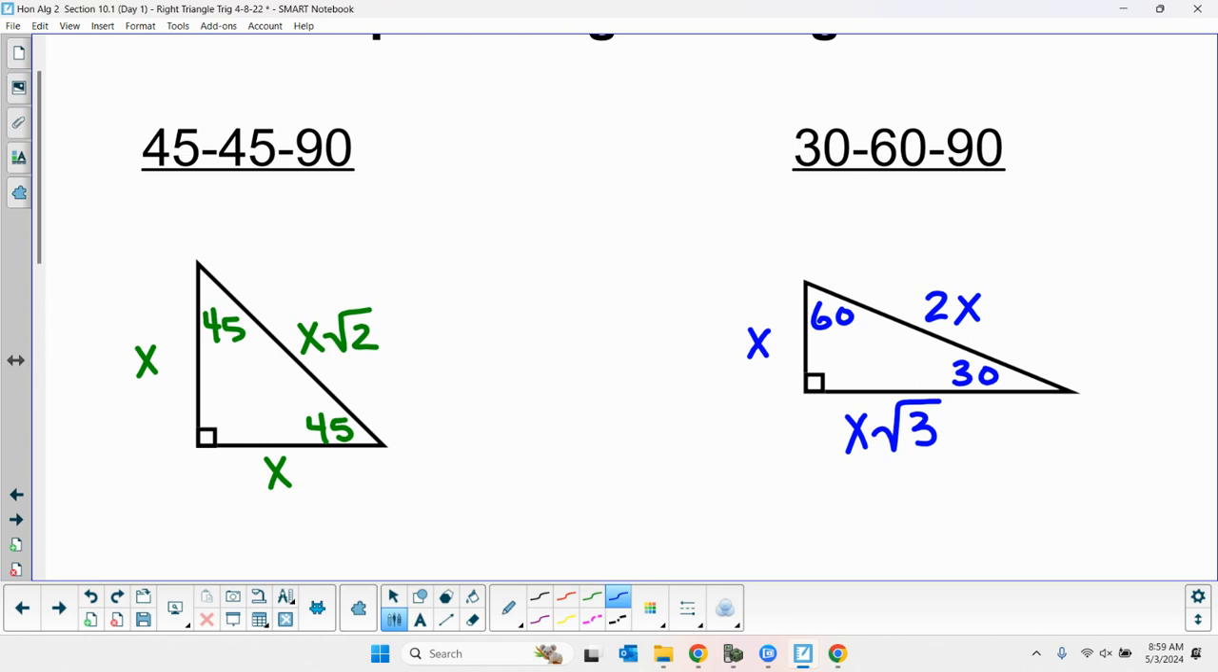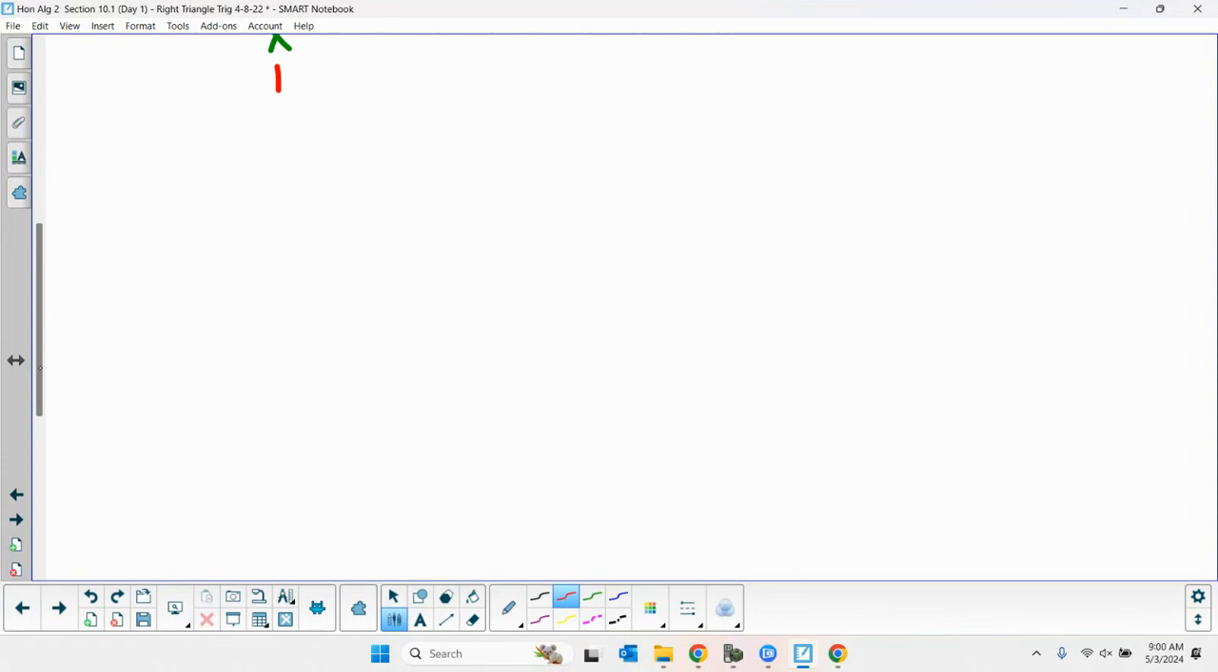A lot of times I'll just go 1 to remember, 1, 1, and that's radical 2. I usually go 1, 2, radical 3. That's how I think about it if I have to draw one to do it. All right, Brennan? All right, so let's look at